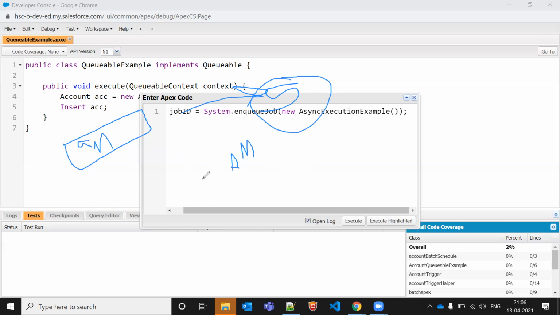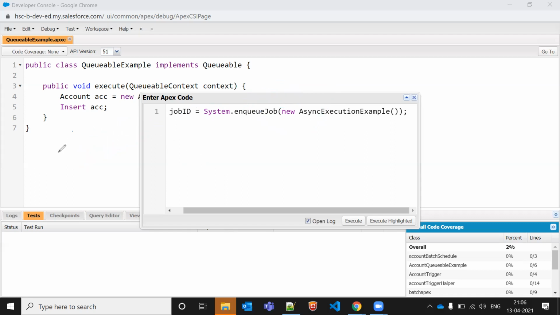After that, at 4 o'clock, I go to the record and change Amarjit to Animesh. If I change it, it won't be able to understand which record I need to update or process, because I changed the name in between. That's the reason we cannot pass objects, non-primitive data types, inside the parameter of a future method. Did you get it or not?